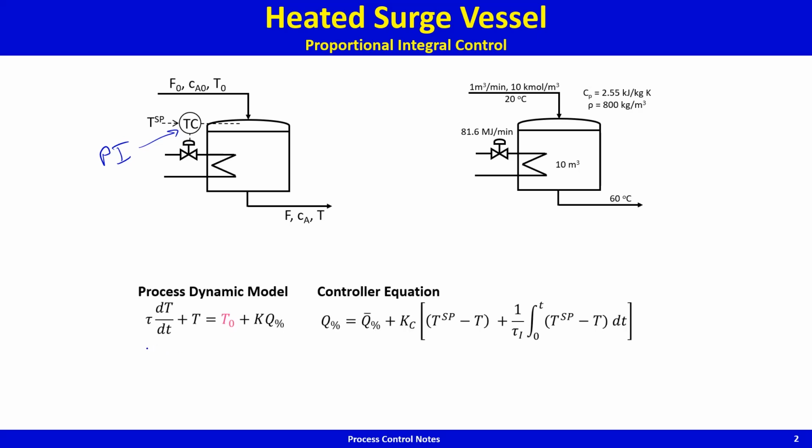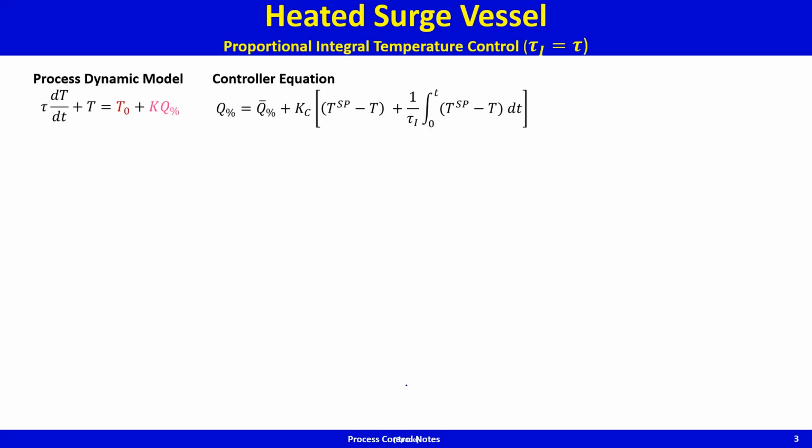the process dynamic model that was derived last time was this, and now because the controller equation is that of a PI controller, what we have is, where this is the bias term. The time constant and the process gain are as here for the base case conditions shown. So here's the controller equation. So if I could put this over here, what I get is